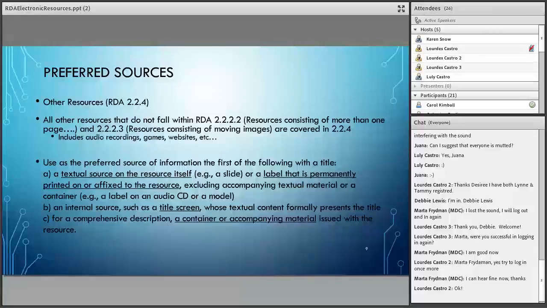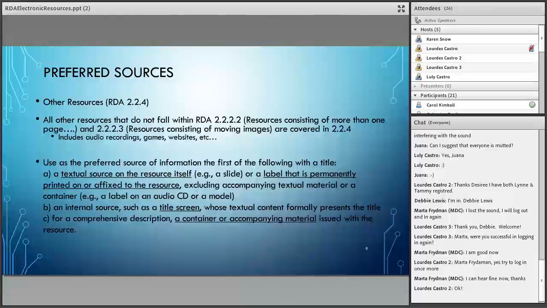And okay, so you also want to include, for online resources, a date of viewing as well. You don't need to do it for all of this, but it's just for online resources. So our CD-ROM game, we don't need to worry about that. For our ebook, we don't need to worry about it.